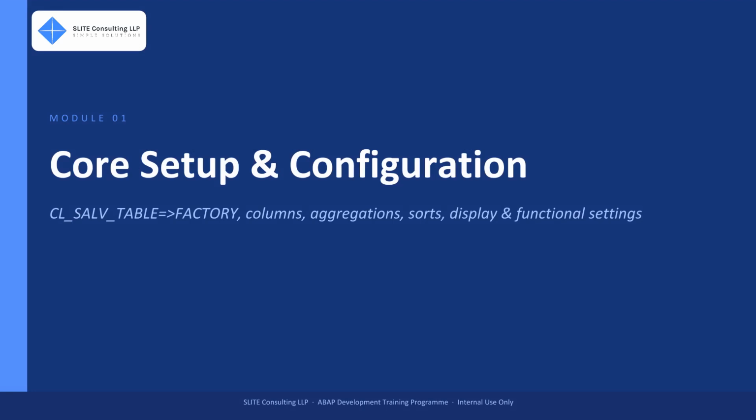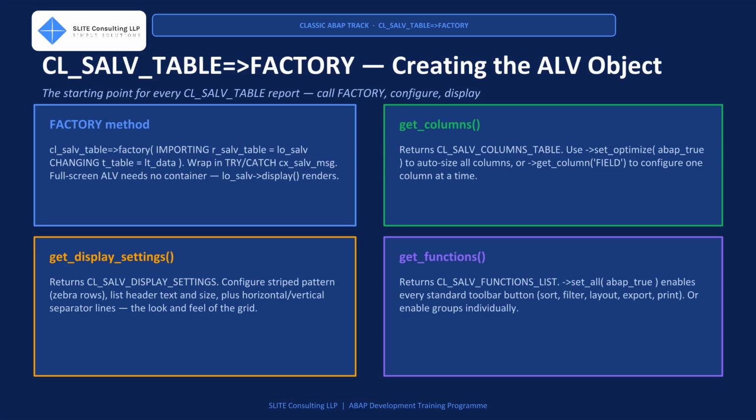Module 01 covers the ALV foundations: the factory call and object hierarchy, column configuration, aggregations and sorts, and display and functional settings. Each topic uses the same pattern: one root ALV object, a subobject per concern, and method calls instead of fieldcat flags. Everything starts with the factory class method. You call CL_SALV_TABLE=>factory, passing your data table as a changing parameter